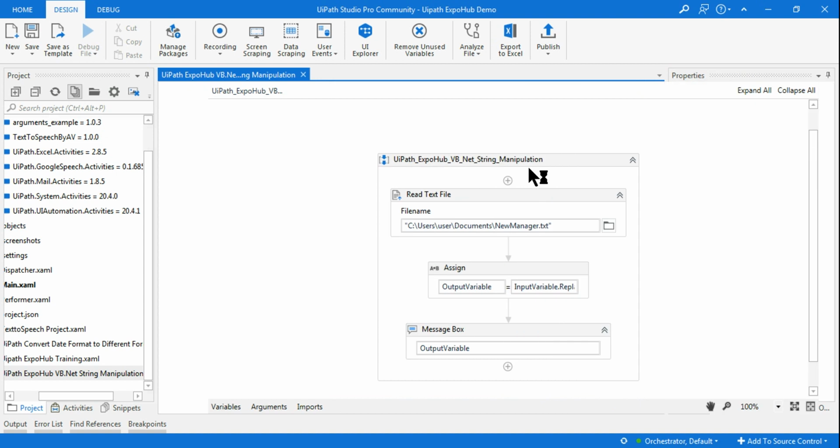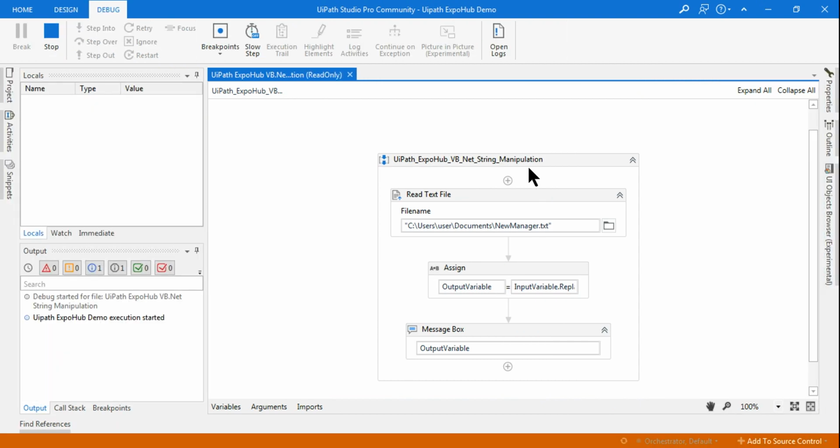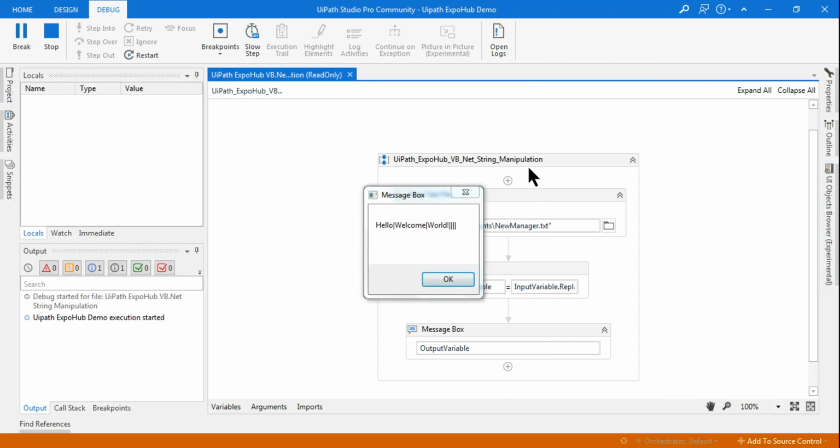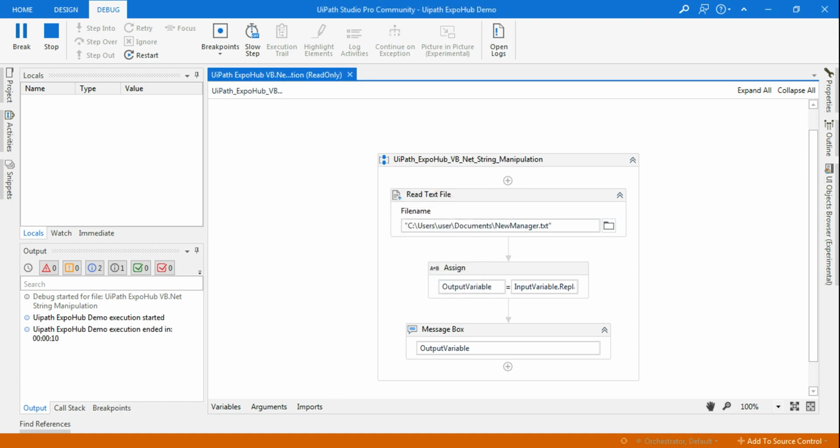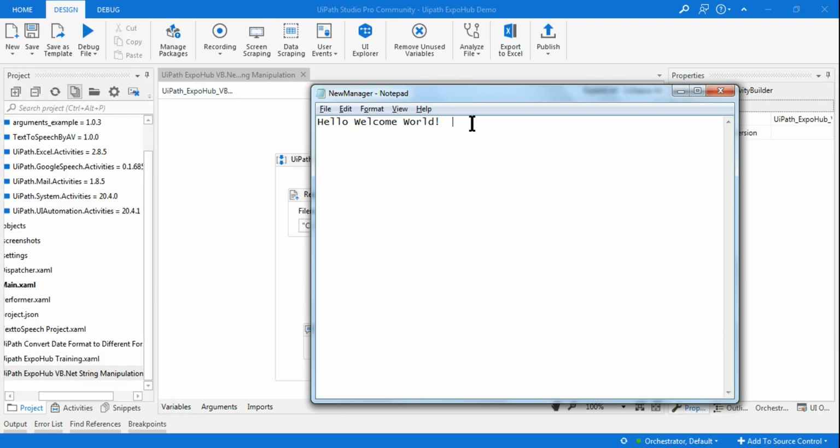Very simple. But again, there is a lot of use, just not to remove or replace the space. So you can see hello welcome world, and there were three spaces at the end. There also it has put the pipe symbols, so I forgot to remove the space after it, right? See, there were spaces.